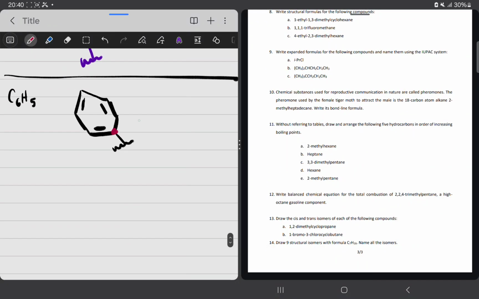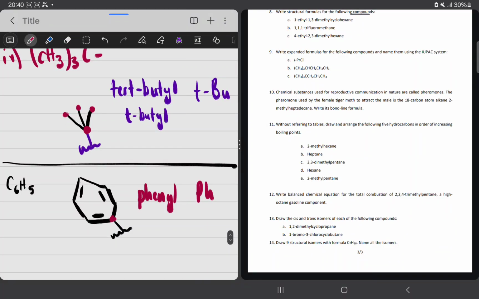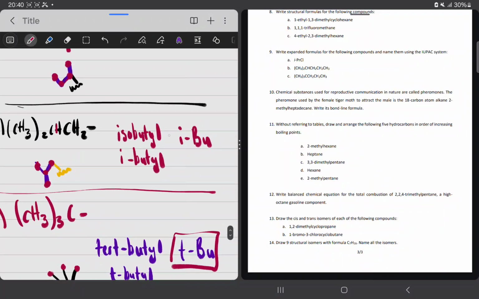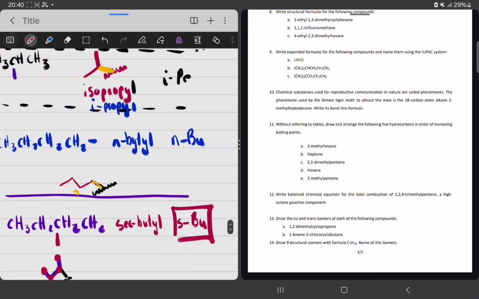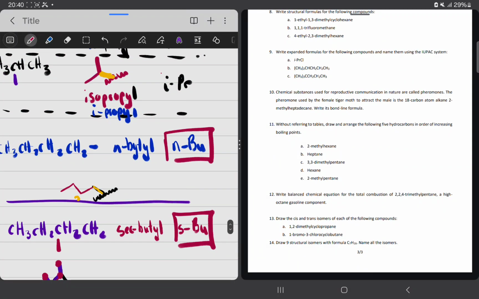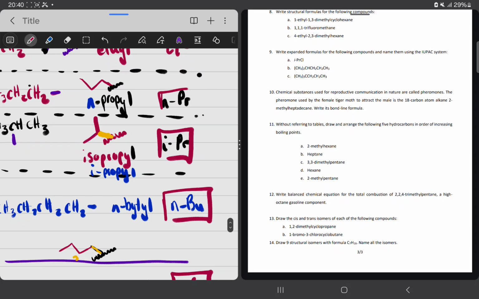Okay, and here we say that this is going to be your phenyl, and you see in short being Ph, phenyl. Then tert butyl is TBU, then IBU is isobutyl, then SBU is sec butyl, then NBU is normal butyl, then isopropyl, then just the normal propyl. So don't ever forget this. Do it again and again